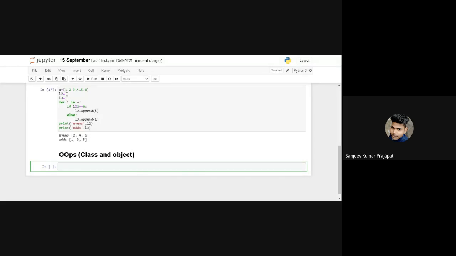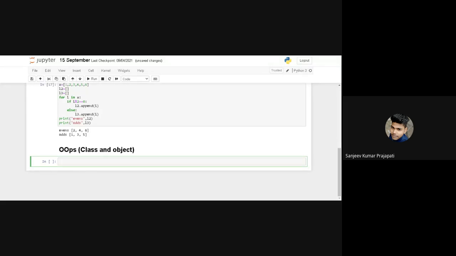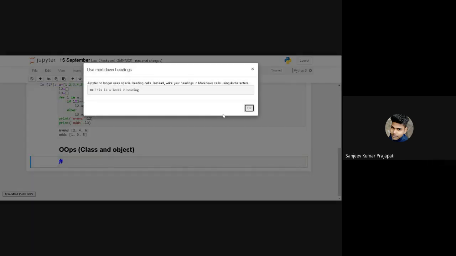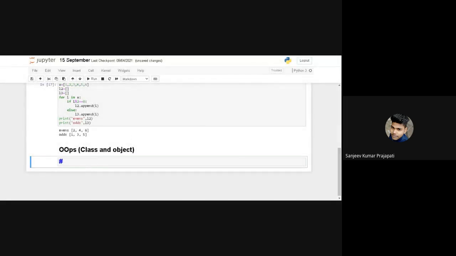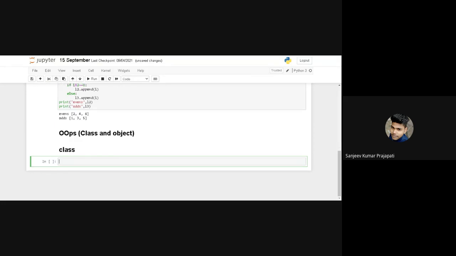So next thing is, what is a class? A class is the blueprint of a real-world entity and how to create them.